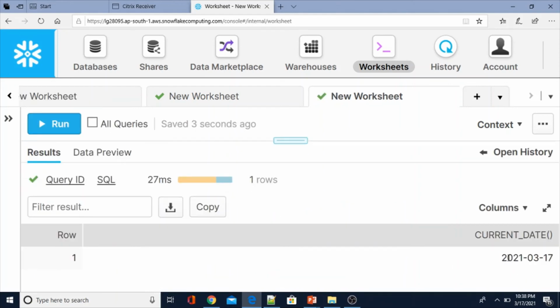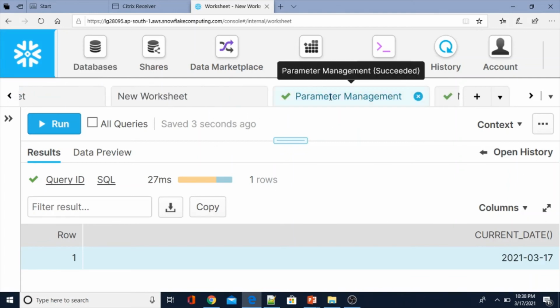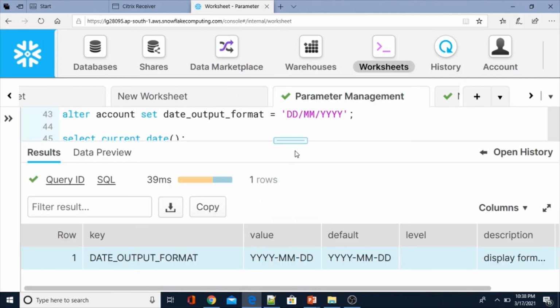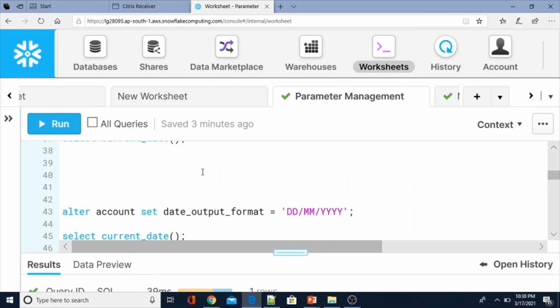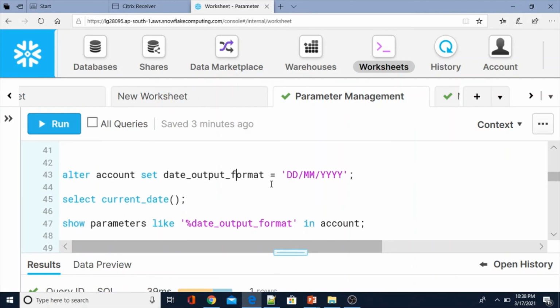Okay, this is the 202103 format. Now I am going to do parameter management from this session and change the account level. See, alter account level, I am going to change the value at the account level from this session.